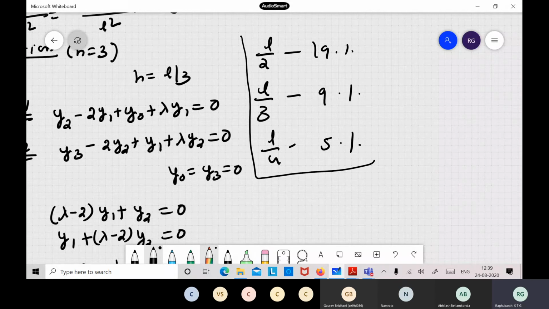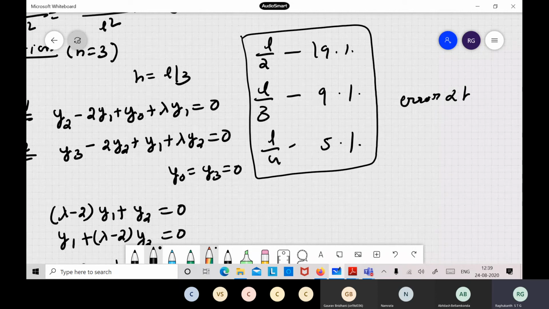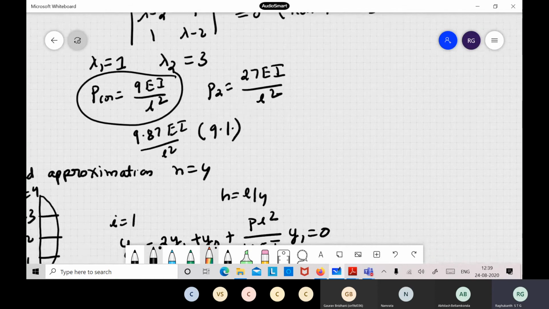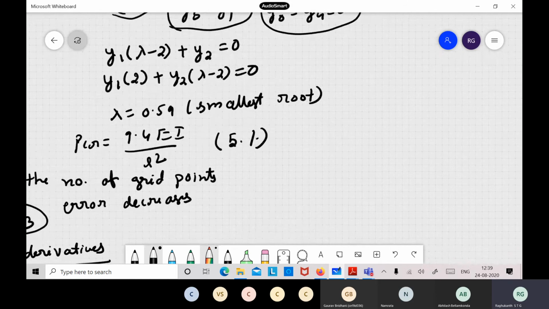Now you can see how this error is decreasing for second order, and you can also see how it is decreasing for the fourth order. Generally, because for second order derivatives we have neglected the higher order terms, the error is proportional to h square, that is the spacing. People write it also. So this one can also check, how the error is propagating for second order and for the fourth order ODEs. This way you can try.